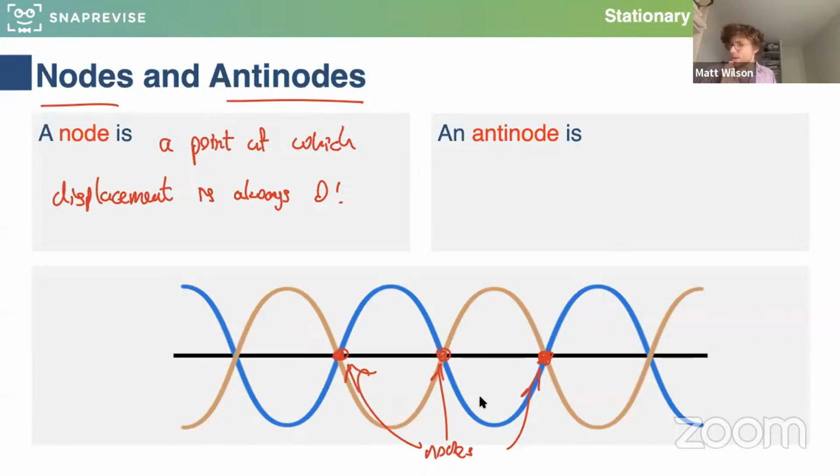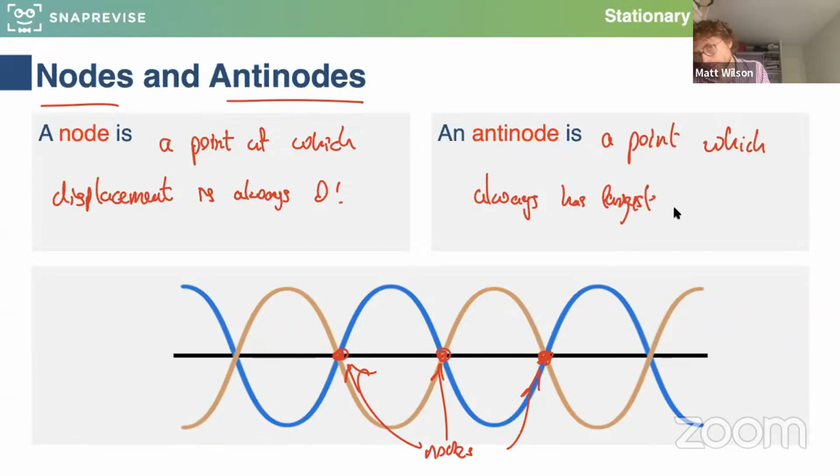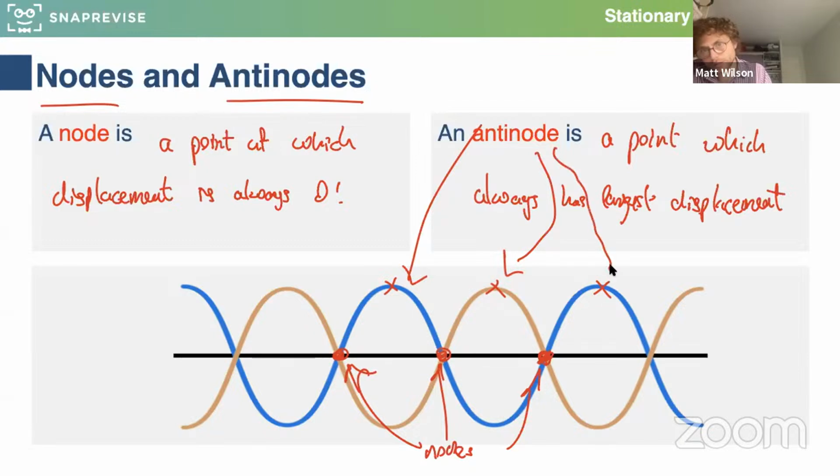Good. And then we have antinodes. An antinode is a point which always has a maximum displacement. A point which always has largest displacement. So here's an antinode, here's an antinode, here's an antinode. These are all antinodes. Good. The displacement of this point here is always going to be bigger than the displacement of this point